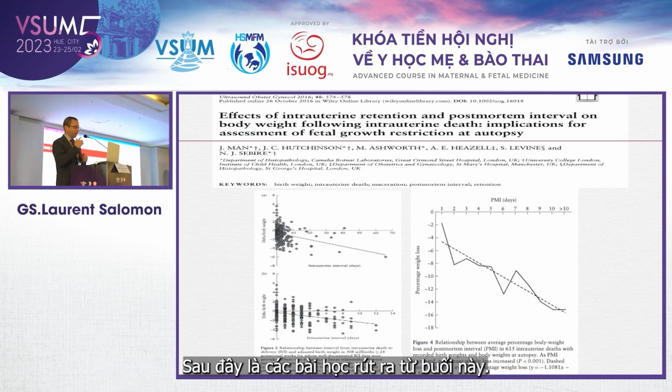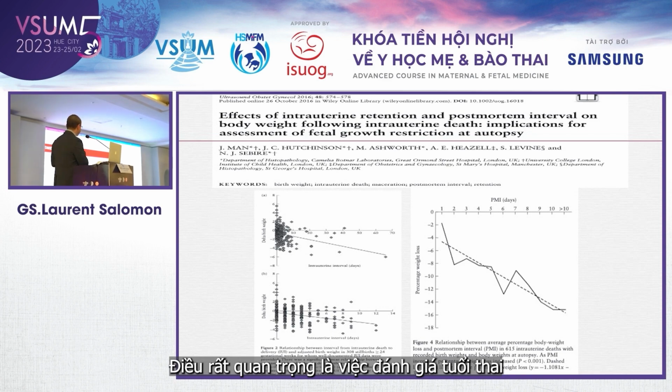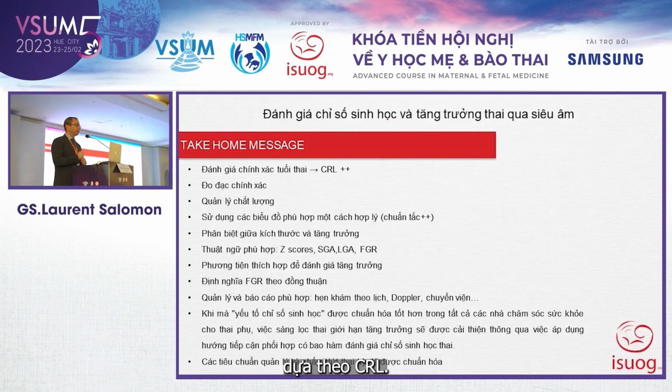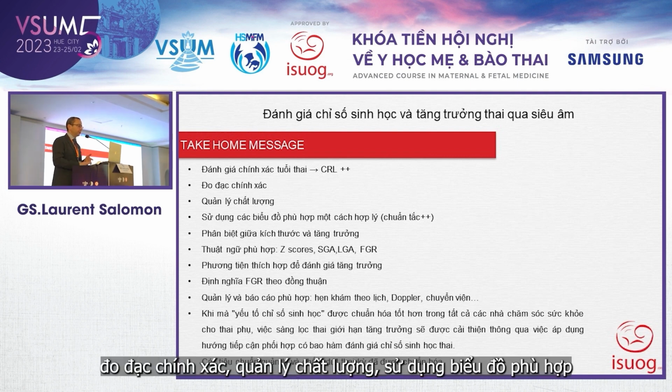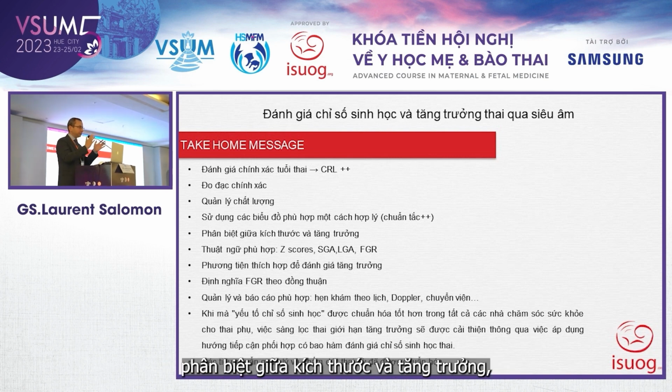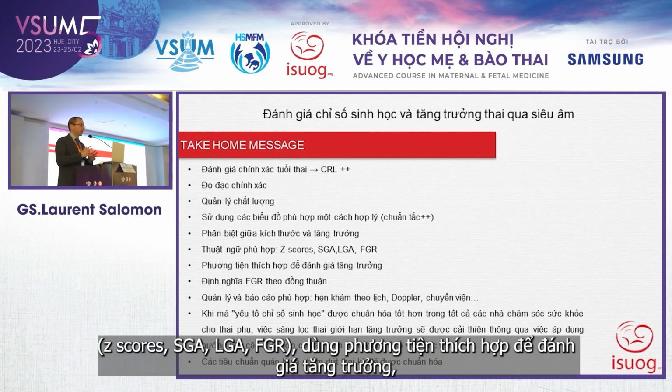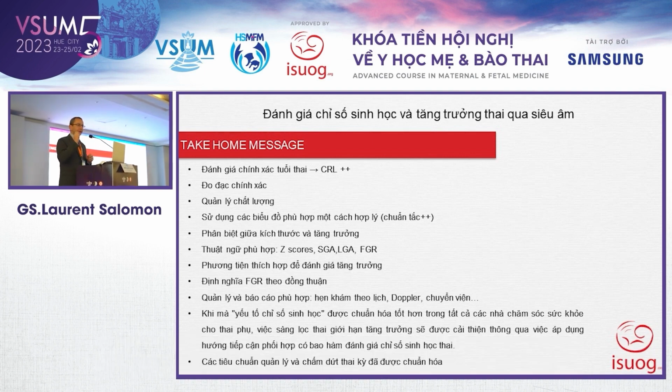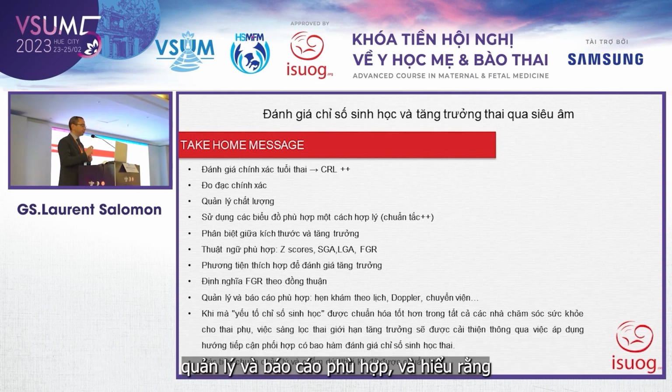So these are the take-home messages of this talk. Again, extremely important to appropriately assess gestational age based on crown-rump length in the first trimester, appropriate measurements with quality control, appropriate use of the appropriate charts, and there is a debate on that, as you've understood. We suggest to use prescriptive charts, understand the definition and the difference between size and growth, use the appropriate terminology, Z-scores, SGA, FGR, appropriate tool to assess growth, the consensus definition of fetal growth restriction, extremely important, appropriate management and